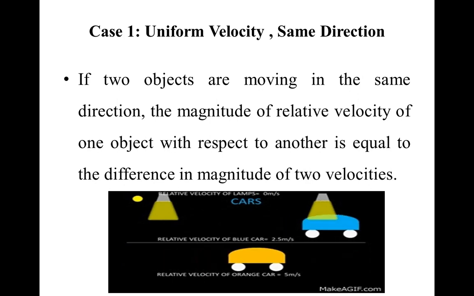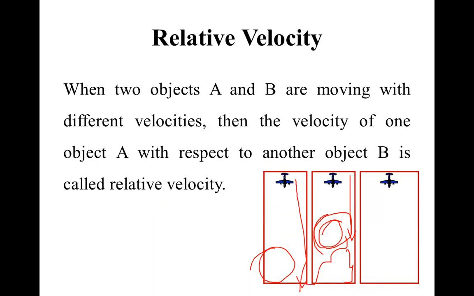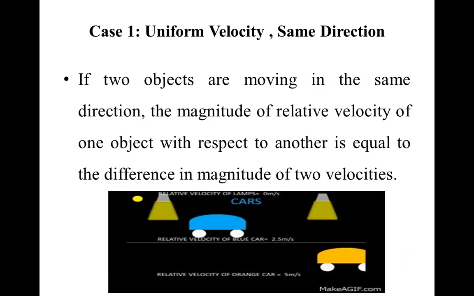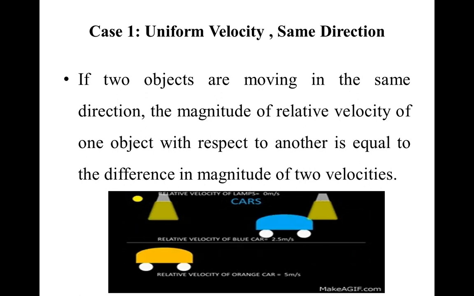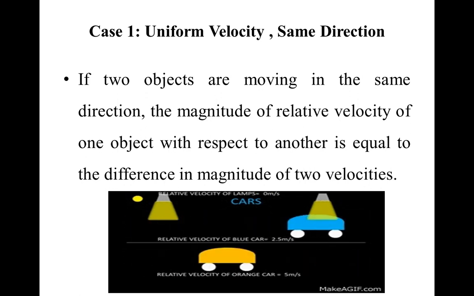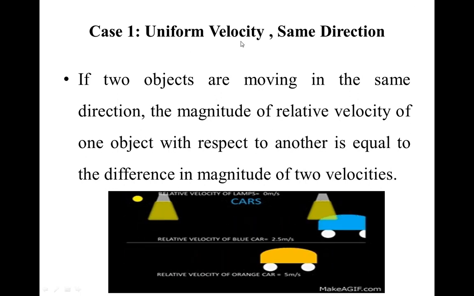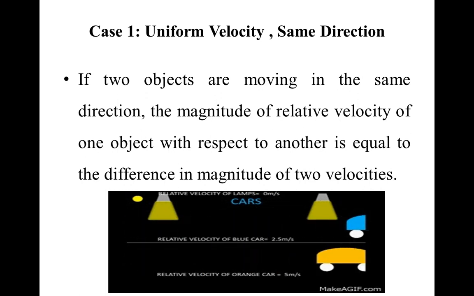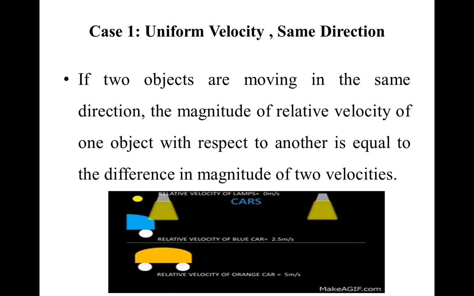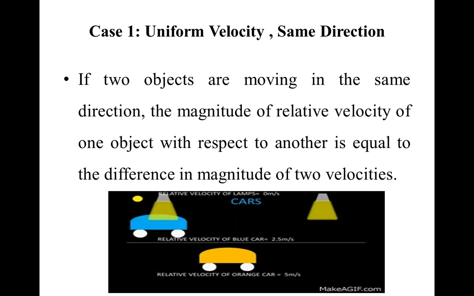In the case of relative velocity, you have four different cases. I'm going to relate two objects, and you can have four different cases of how these two objects can be. The first case is that both the objects are moving in the same direction and with uniform velocity. That is, the velocity in the total period of motion will not change. Velocity is similar to speed, as you know. So an object will move at the same speed for all periods of time.